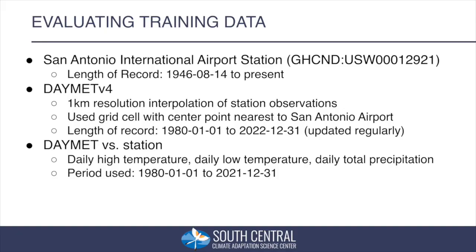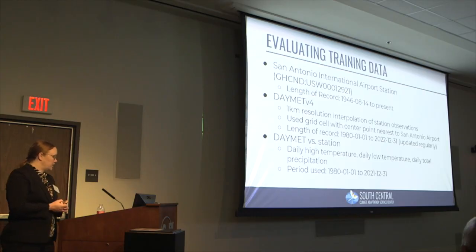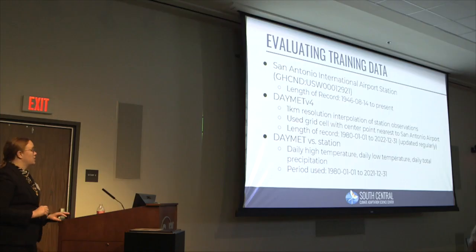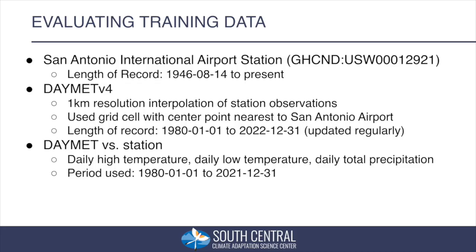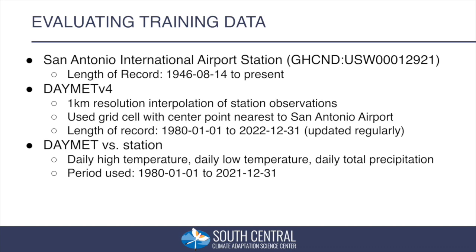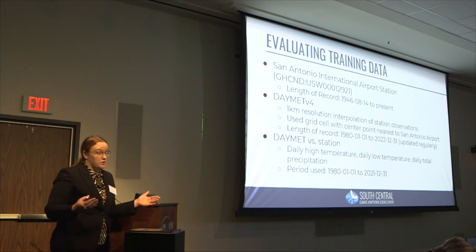I did want to bring this up because there actually are a lot of gridded observation data sets that one could use. And that's actually because it does really perform well compared to local observations in this region. The San Antonio International Airport being used as a good example in this case to work with. Picking the grid cell with the center point that's nearest to San Antonio Airport, we're going to do a little bit of comparative analysis between the DAYMET and the weather station data for the period of 1980 to when we did this analysis,